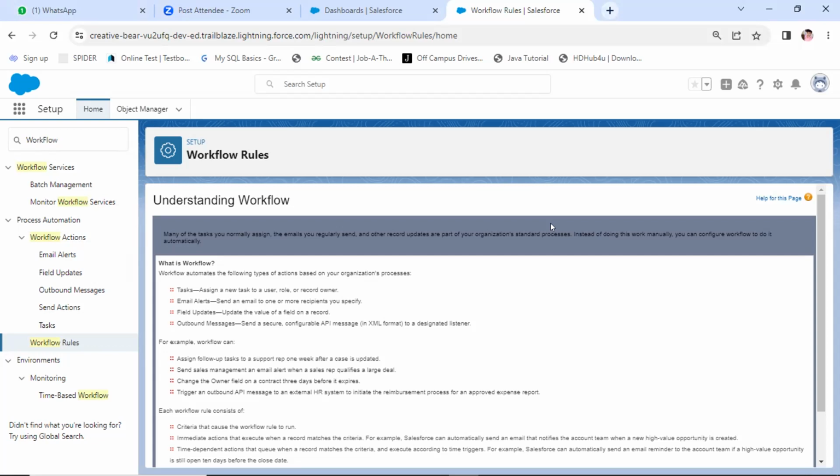Is it related to the criteria of the field or the data of the field? These are the criteria of the field only, for field update. And for example, if you created one field and you gave the workflow rules to that field, and if the